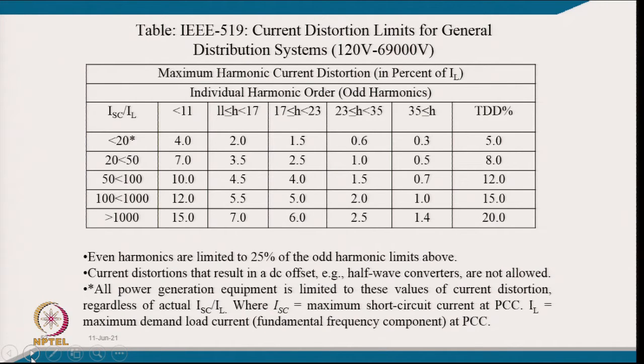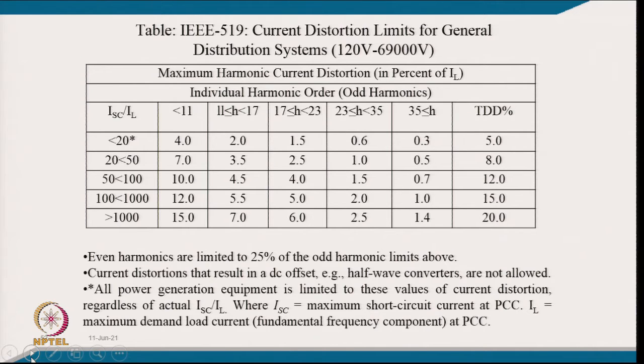If we look into the first row, that is ISC upon IL, that is the short circuit current level divided by load current, up to the 11th harmonic, then the second limit is 11 to 17, then 17 to 23, 23 to 35, and above 35, and the total demand distortion factor. This total demand distortion factor, of course, we discussed last time, is defined in terms of the nominal current. Well, you have this complete table,